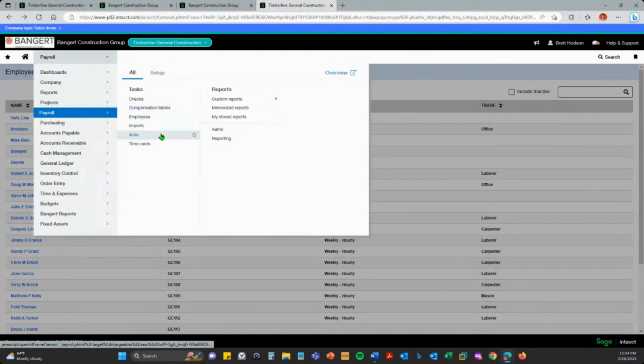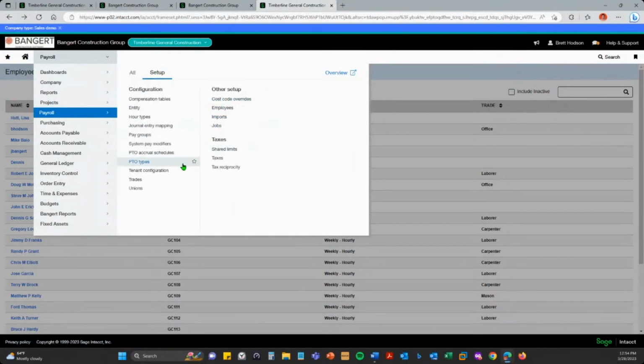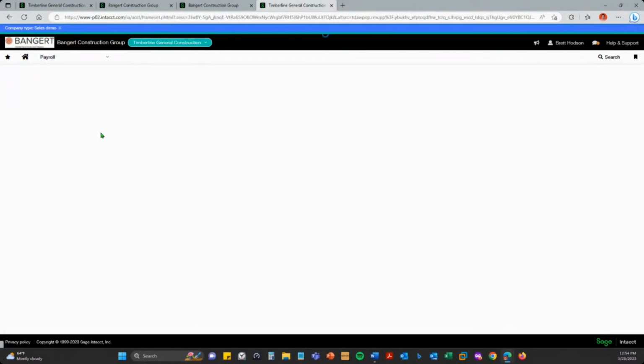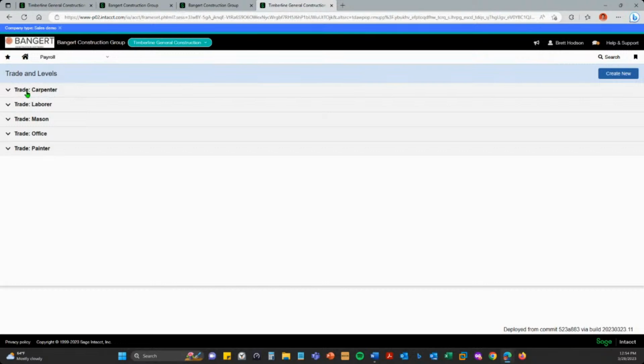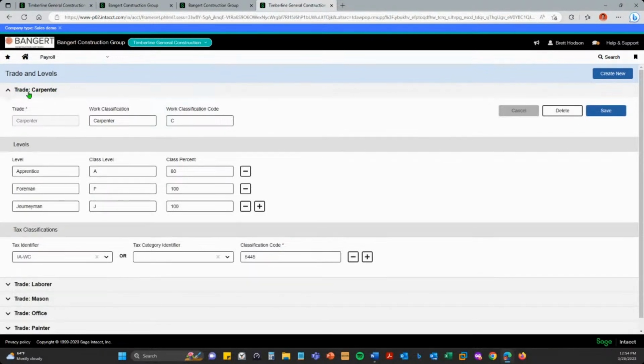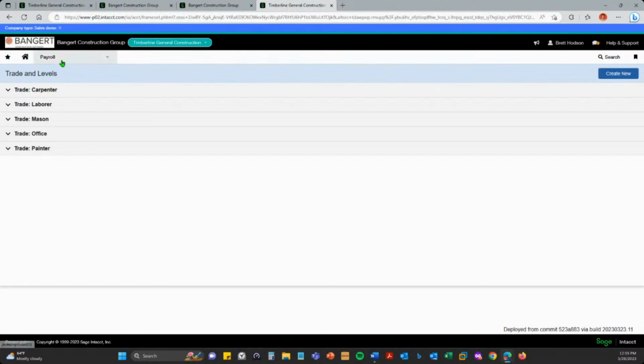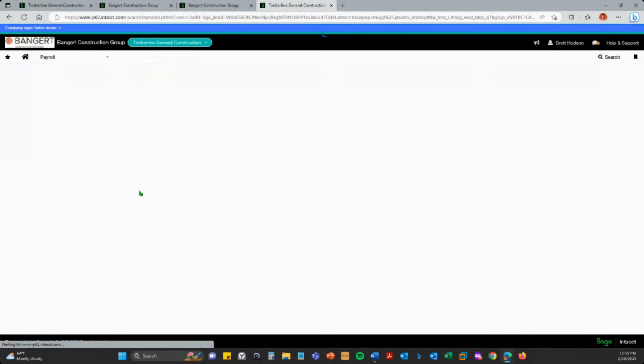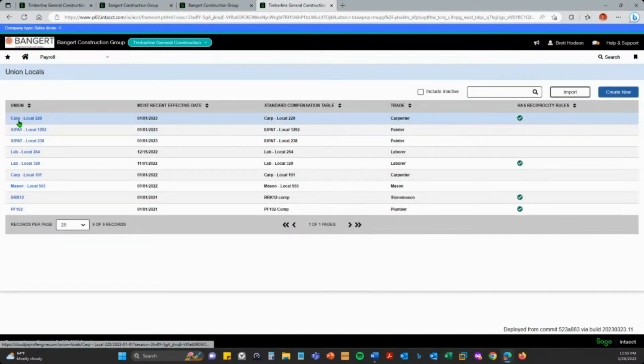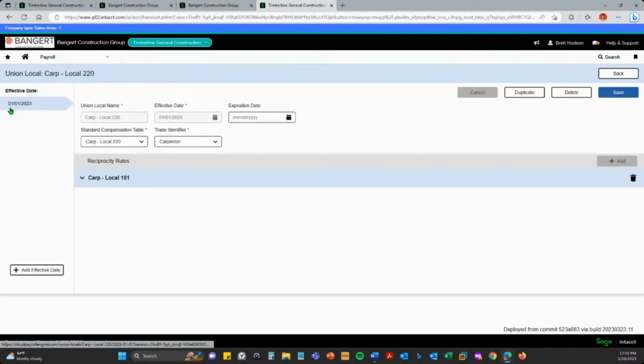I mentioned that the system is set up for those of you that happen to do unions. How they do the levels or trades inside of a union are really pretty nice. Here you can see I have a trade called carpenter, and then down below it I have levels: apprentice, foreman, journeyman, with a percentage of. So the ability to set up the pays, taxes, fringes, deductions, have things factored, and then have effective dates, meaning when do these rates and benefit packages come into play, are really, really handy.